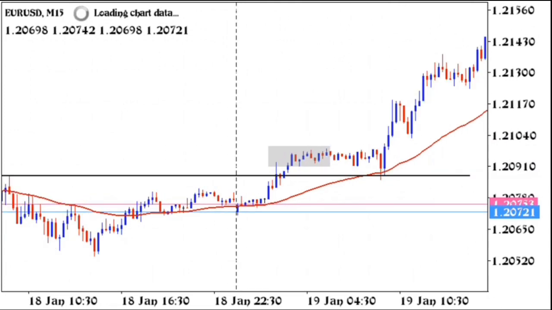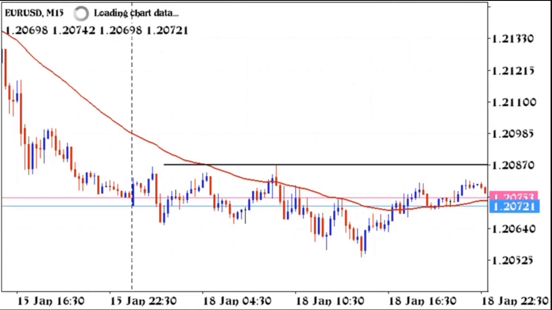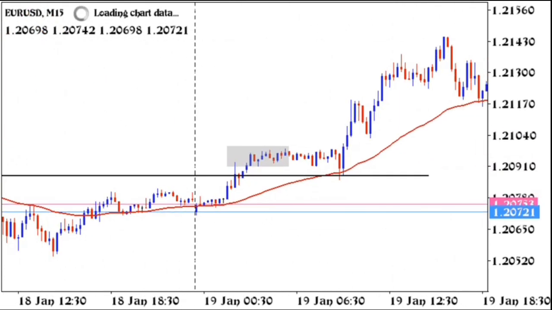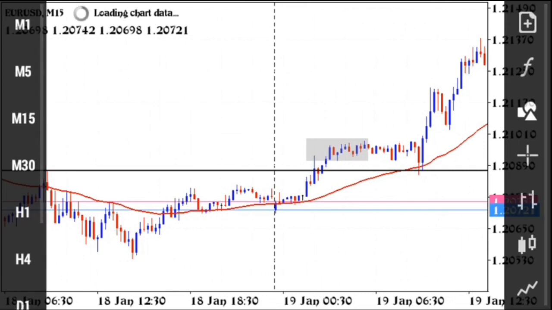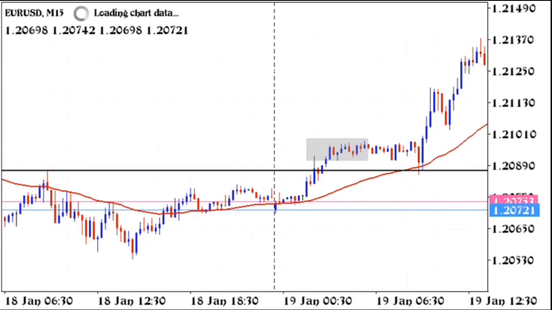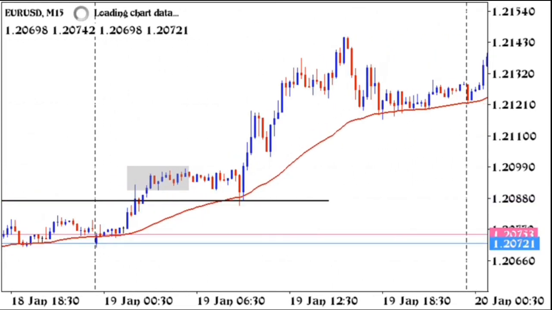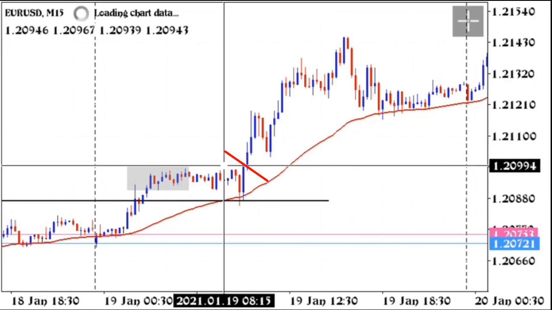So here we have this resistance zone holding as a support zone. Here you can see the rejection from the support zone and the 50 moving average in our entry time frame, which is 15 minutes. So I would have entered this trade immediately after this bullish candle closed. So entry would have been here